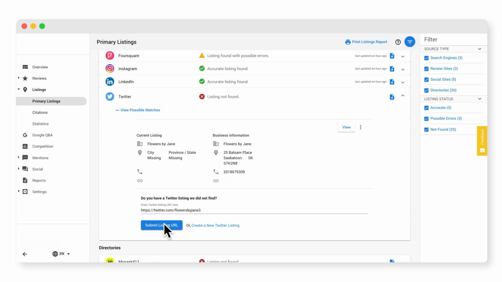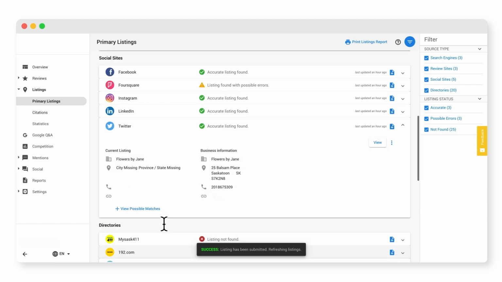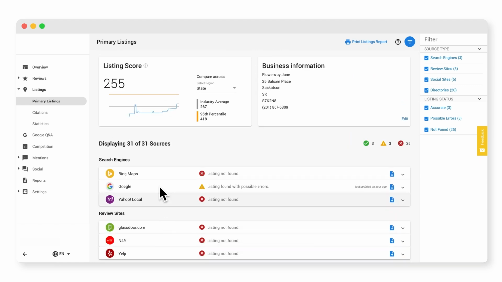As you update and claim listing sources, your overall listing score will improve. We've identified the most important business directories and then assigned scores to each site based on its popularity. This research has led to a score that accurately reflects the ever-changing local search environment and continues to adapt to those changes over time. Try to at least surpass your industry's average and aim for the 95th percentile. Some of the more well-known sources, such as Google and Facebook, will award you more points than others, so make sure those are corrected first.